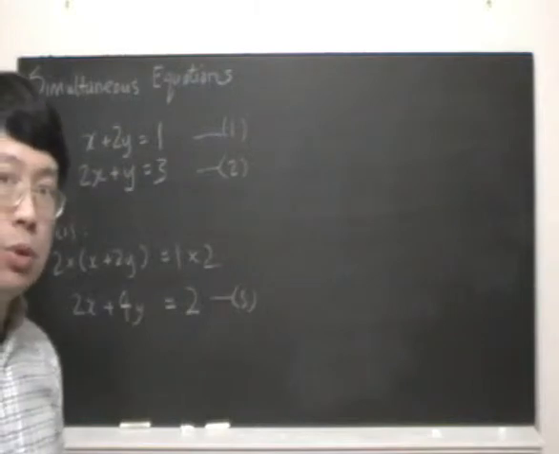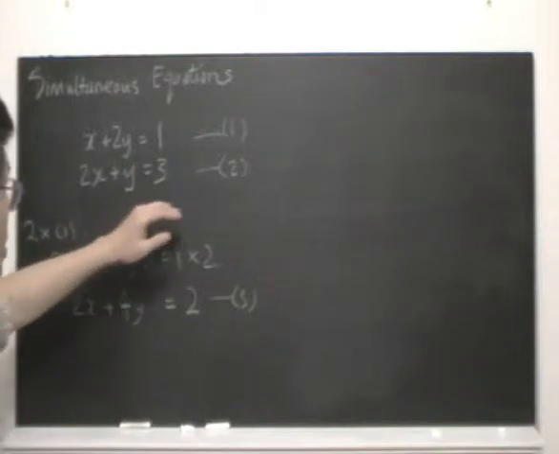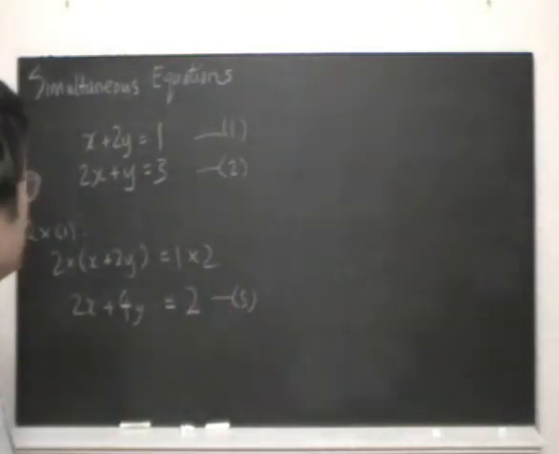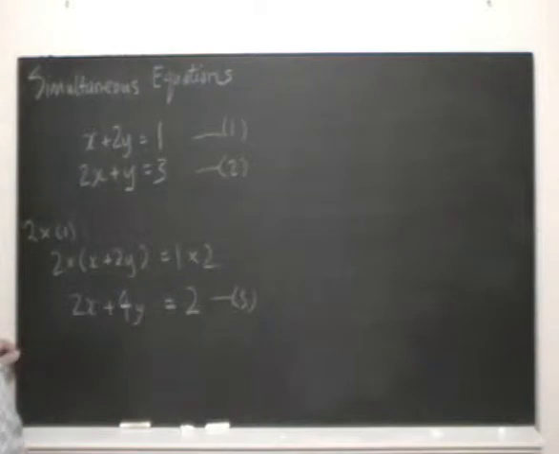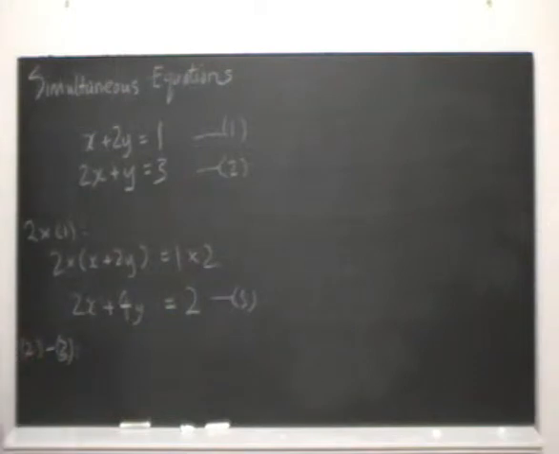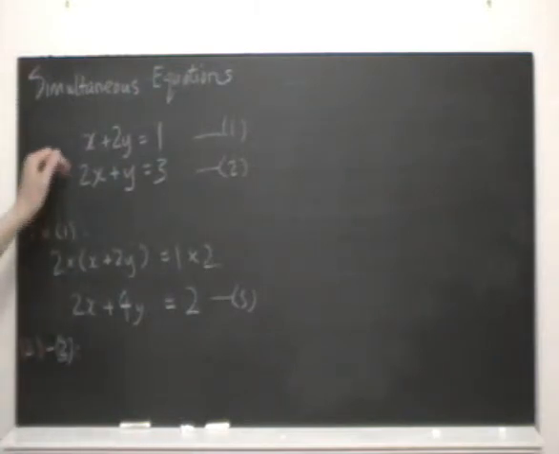Now the next step is called elimination. What that means is that I should take equation 2 and equation 3 and subtract them. Let me write that down. Now I shall write that as bracket 2 minus bracket 3. This is my own notation, if you remember. What I mean by that is that I want to take equation 2